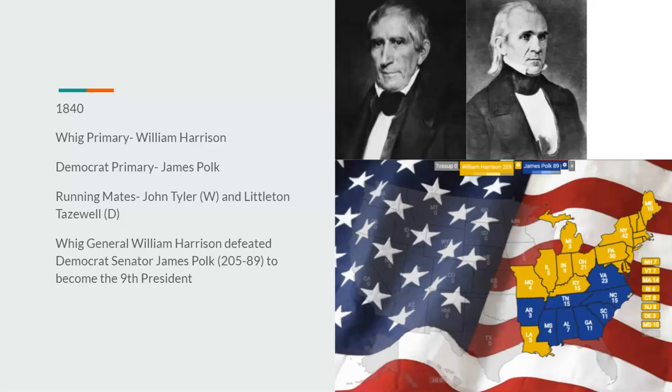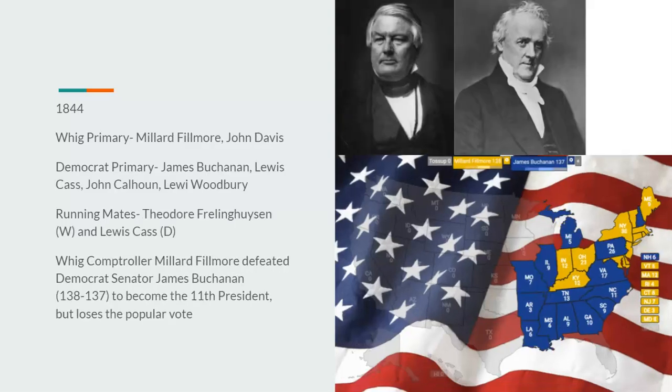In his first term, William Harrison would pass away, and John Tyler would end up becoming the 10th president of the United States, meaning pretty much what happened in our timeline happens now. The Armed Occupation Act would be signed, the Webster-Ashburton Treaty is signed, and the Second Seminole War would end. Going on to 1844, Whigs would nominate Millard Fillmore, the New York City comptroller. The Democrats would nominate Pennsylvania Senator James Buchanan. Fillmore would nominate Theodore Frelinghuysen as his running mate, and James Buchanan would choose Michigan Senator Lewis Cass as his running mate.